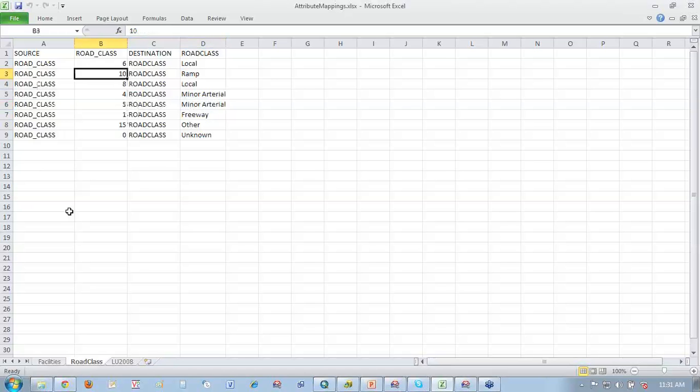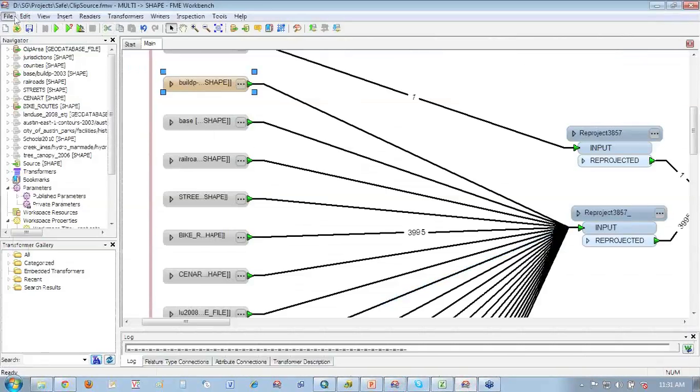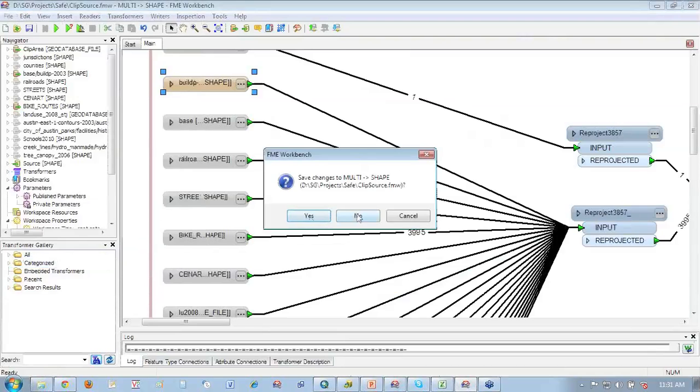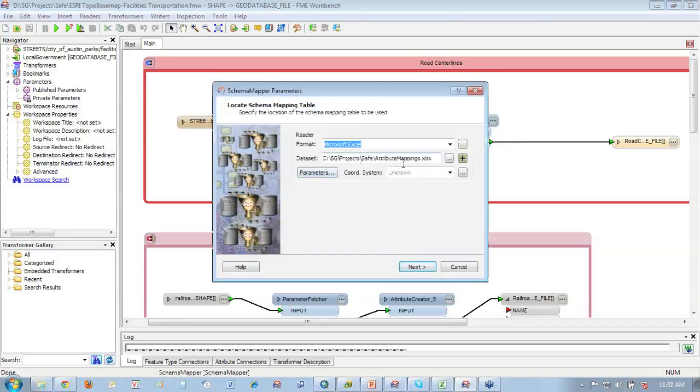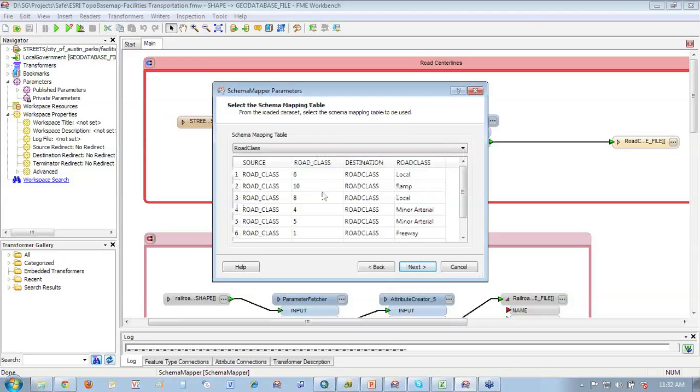And so I had to work through this a little bit, and this is one of the things that a lot of us spend time iterating on. It's really handy to be able to use this in a spreadsheet form, because what we can do, let me go jump over here and show you the mapping file for this. I actually showed you this briefly already with the street shapefile. Here's where I'm doing the schema mapper work. I'm specifying that. I won't select it again, but that's the same spreadsheet we were just looking at. And it's already picked up these values for me.